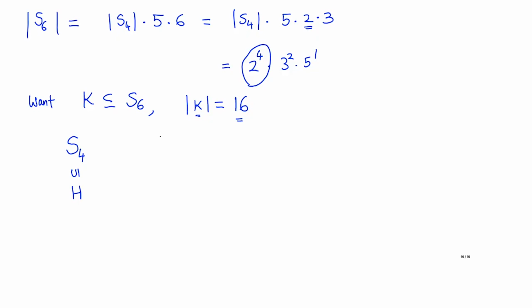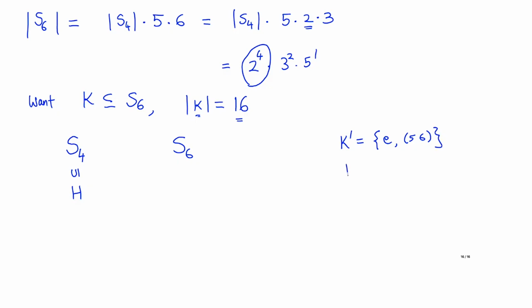Okay, so here's the idea. Just look at these 2 additional numbers that we have. We have the numbers 5 and 6 now when you go from S4 to S6. So let's also look at the subgroup which is just generated by the transposition (5 6), the thing which just permutes the 2 of them. Let's give this a name. Let's call this K dash. So let's look at identity and (5 6). This is a subgroup whose cardinality is 2.